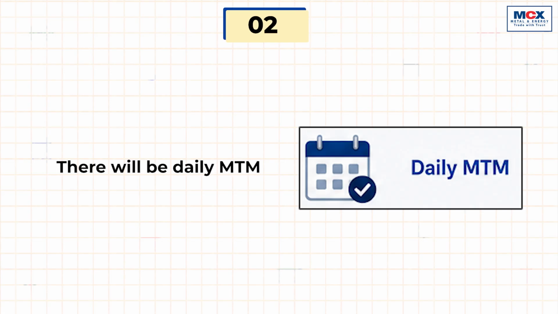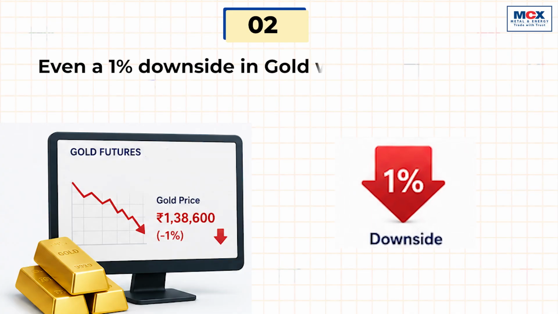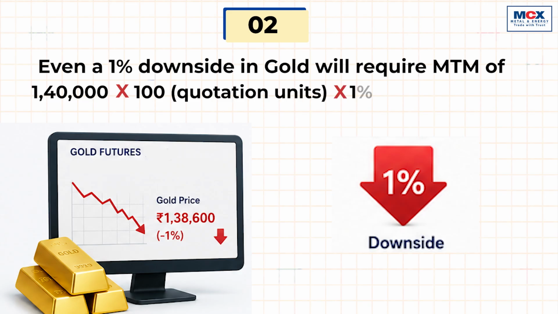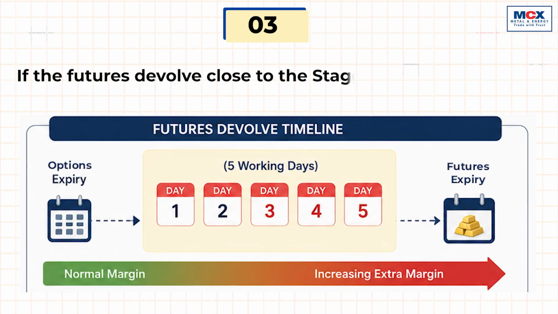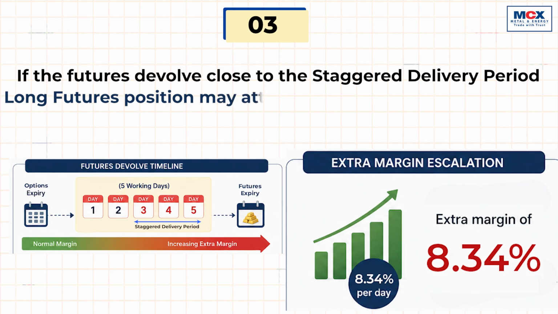There will be daily MTM, so the participant needs to have enough cash in the account. Even a 1% downside in gold will require MTM of 1,40,000 into 100 quotation units into 1% equal to Rs 1,40,000. 3. If the futures devolve close to the staggered delivery period, the long futures position may attract extra margins